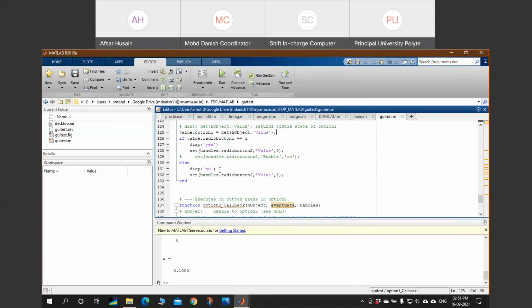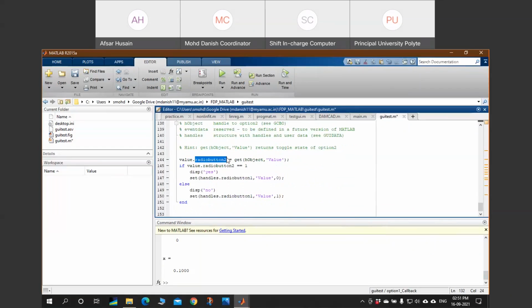Now moving on to the next. Now my conditional statement is checking. Before going to the conditional statement, I want to show you what will happen without the conditional statement. Then it will be clear.